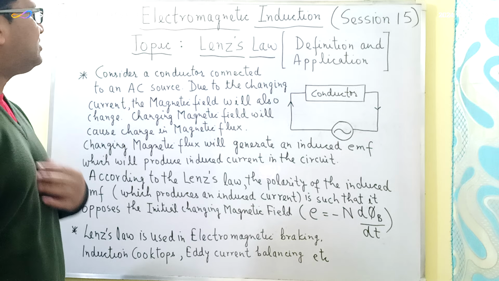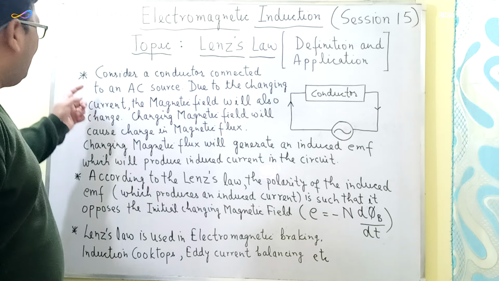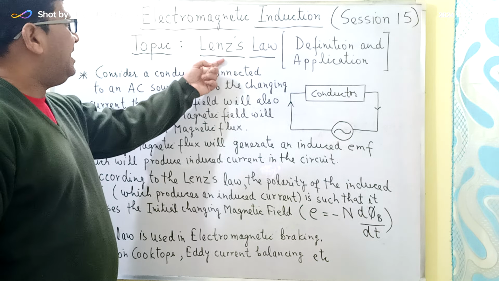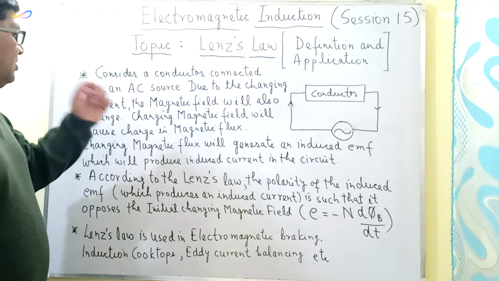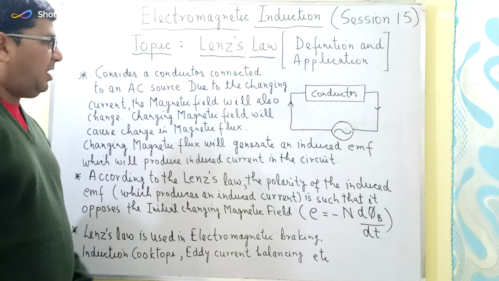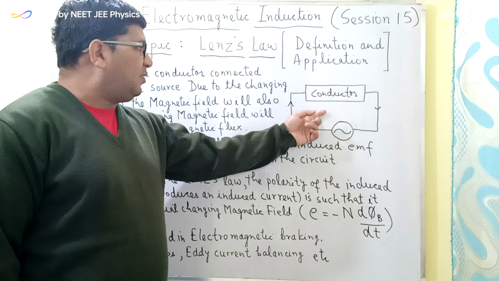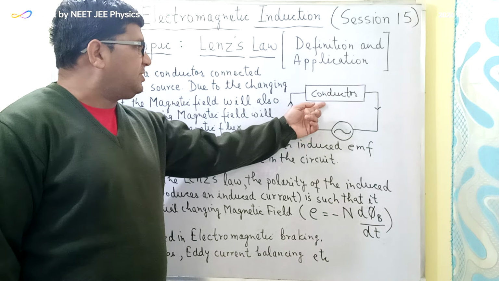The topic is the Lenz law, and today we will try to understand the Lenz law in brief with the help of these 3 points which I have written here on the board. So here, in order to understand the Lenz law, I have drawn one simple figure. This is a conductor which is connected to an AC source, and